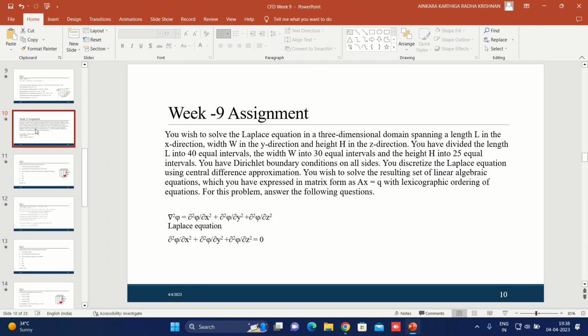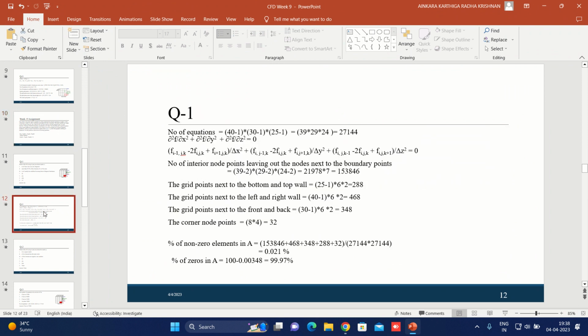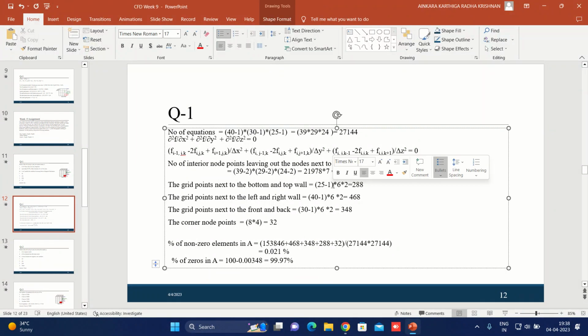What is the question basically? 40, 30 and 25. So it is 40 and 30 into 25. So this is 40 into 30. Again this would be 25 in the sense top and bottom. If we take it like this, it would be 40 minus 1 into 30 minus 1